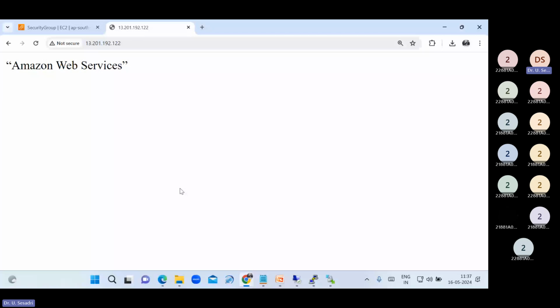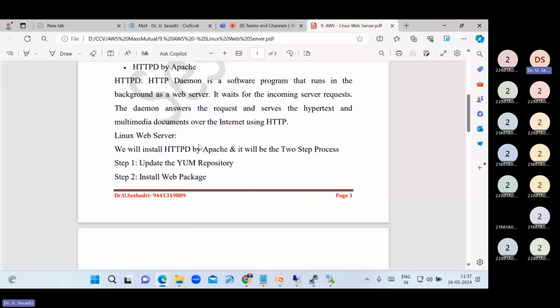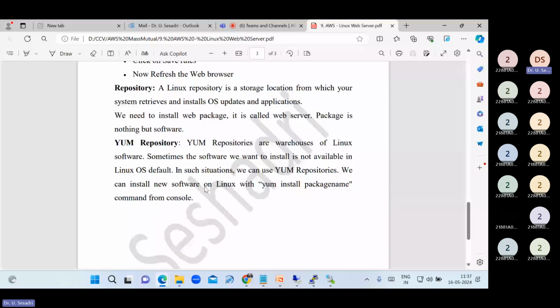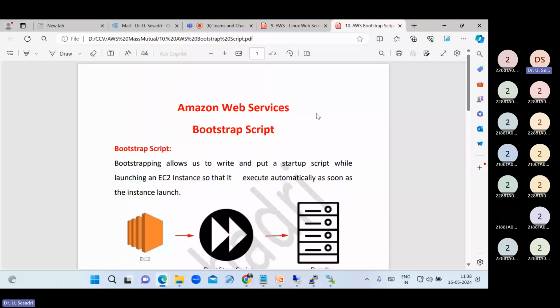Those are the steps we have to follow to make a launched Linux server into a web server. Sir, it is a time-taking process. At the time of launching the instance, to make my Linux server a web server,